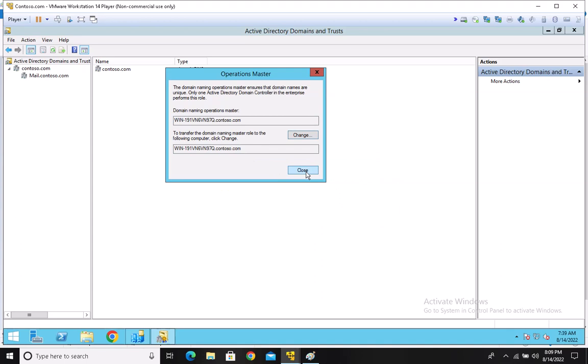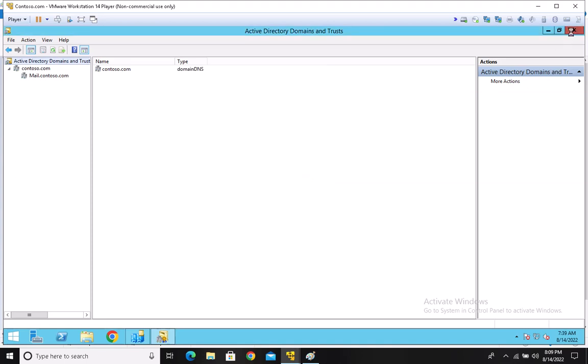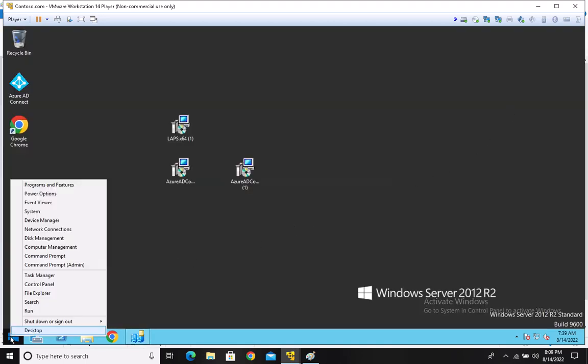Since we are on the same domain controller, if you want to transfer the domain naming master role, you have to be on the target domain controller. Just keep that in mind. So that is one role I showed you, how you can transfer it. For the other roles,